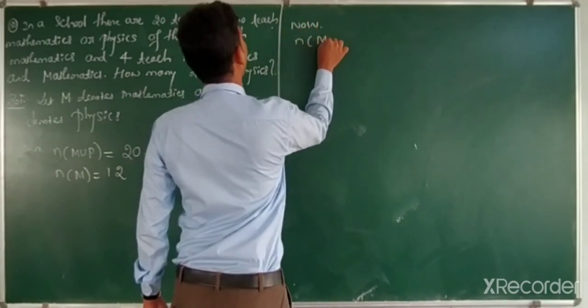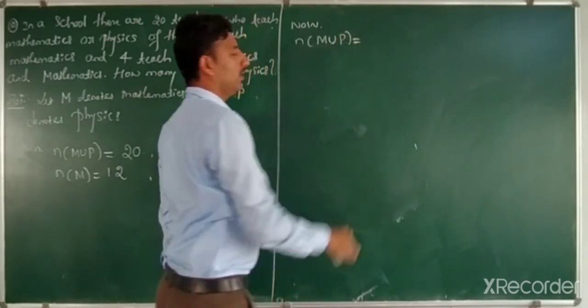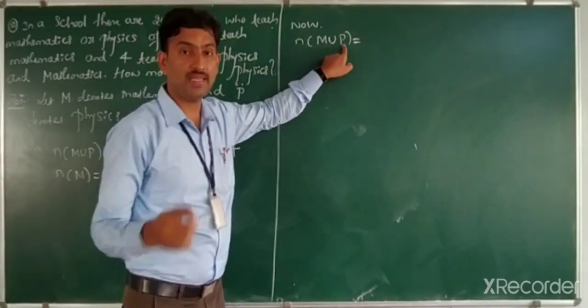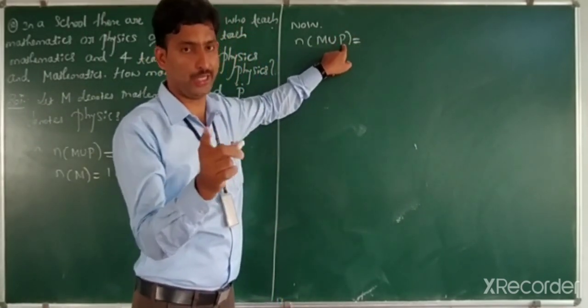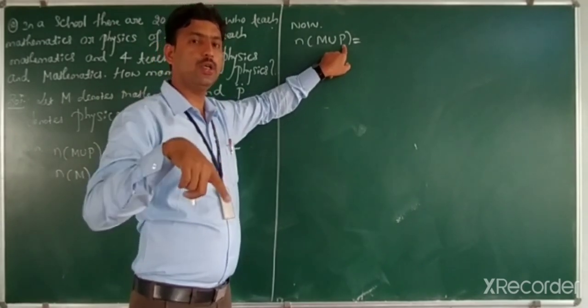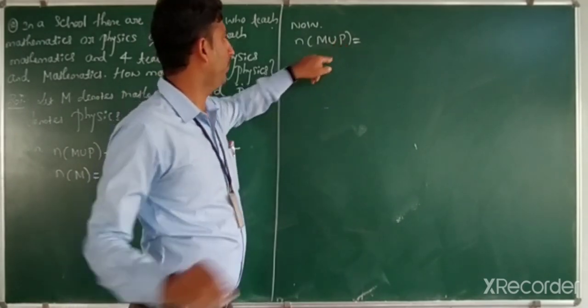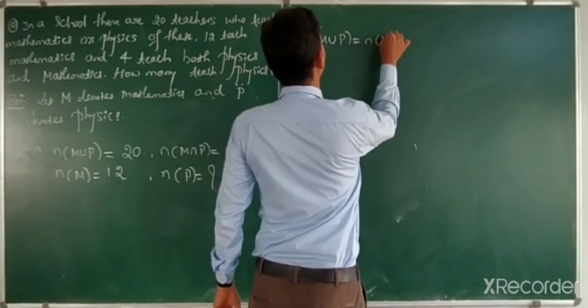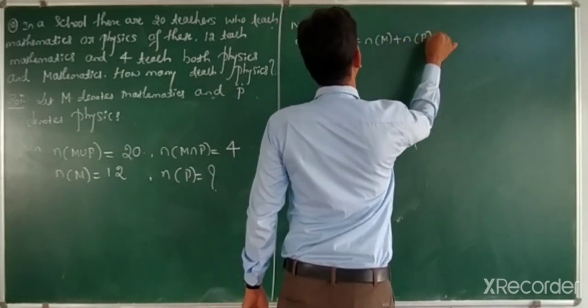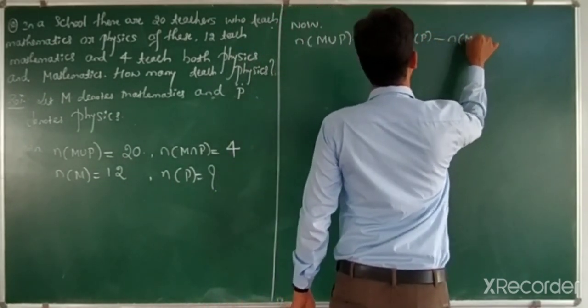N of M union P. Students, M union P is the same as P union M. Both are commutative. Intersection and union both are commutative. N of M plus N of P minus N of M intersection